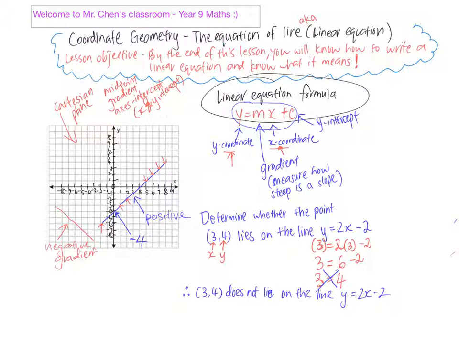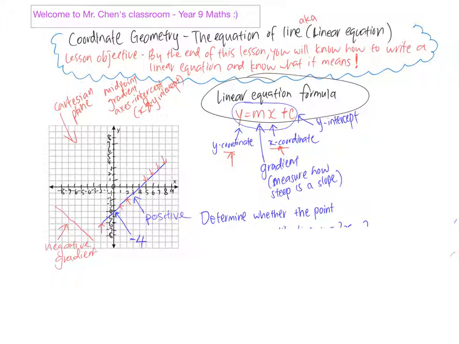Hopefully the next question is about whether a point lies on the equation. So the next one we have: see whether minus 2, 10 lies on the line y equal to minus 3x plus 4. So here we have x, which is minus 2, and y, which is 10. So I'm gonna put that in. All you need to do is put that in. Y now becomes 10,